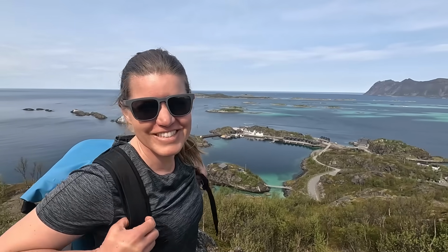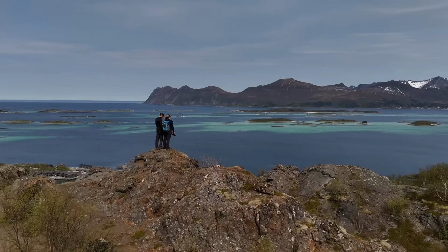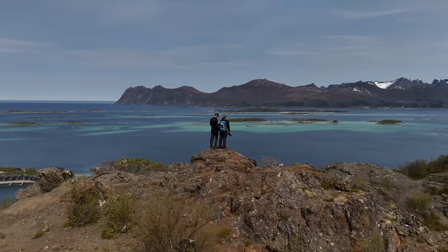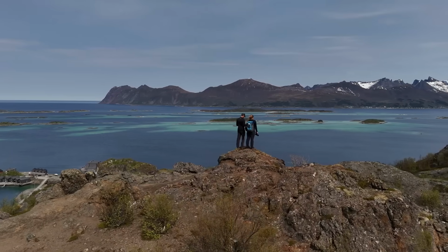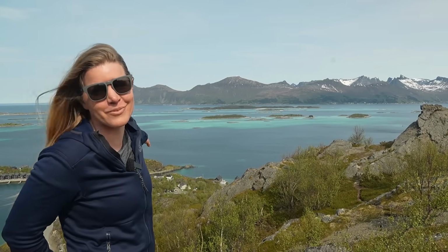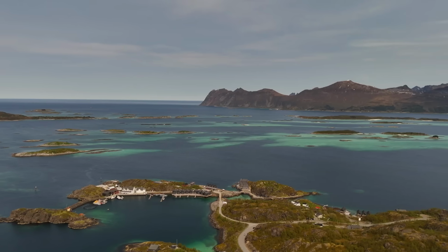Well, that's an alright view, isn't it? So gorgeous. Looks like we could be in the Caribbean on a day like today. Oh, it's stunning. What an incredible place this is. You can see Florence on the dock down in the small harbour, and then behind that is an absolutely gorgeous